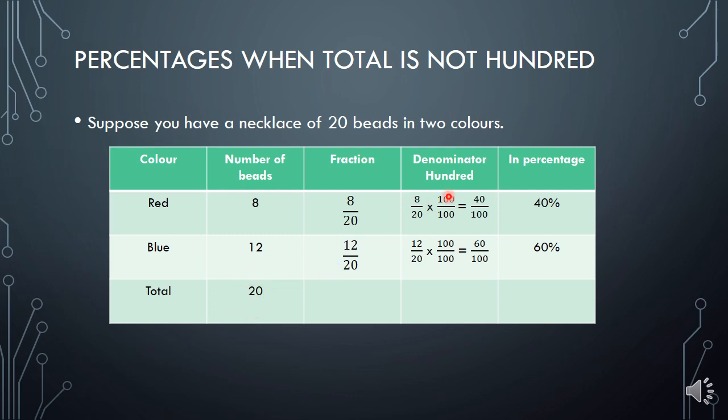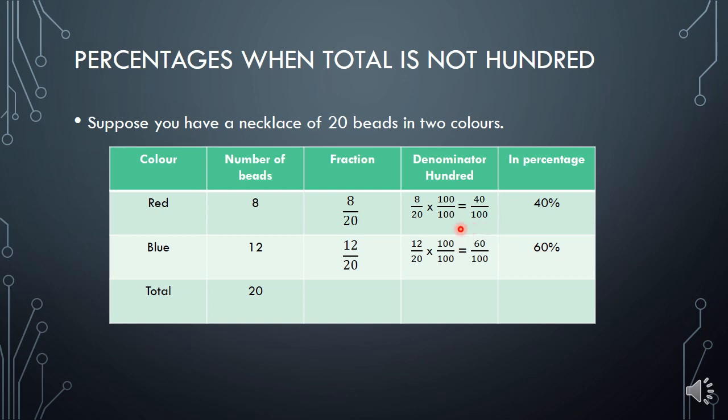So how can we write the percentage? We have to convert 20 into 100. So here 2-3 methods are there. One method is to multiply the fraction by 100 by 100, numerator and denominator. So on simplifying we get 40 upon 100. Here the second fraction, 12 by 20, we multiply numerator and denominator by 5 to get 100, and we get the answer as 60 by 100. So the percentage here, now the denominator is 100 and what is the numerator? 40. So the percentage is 40%. Here 60 by 100 we got after simplification. So the percentage is 60%.